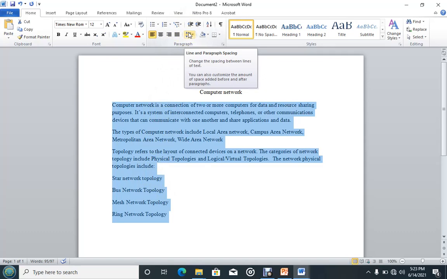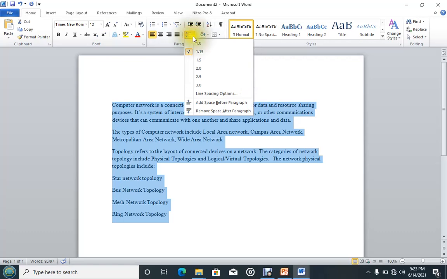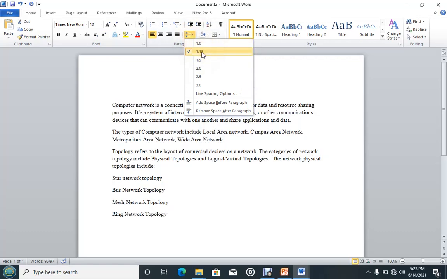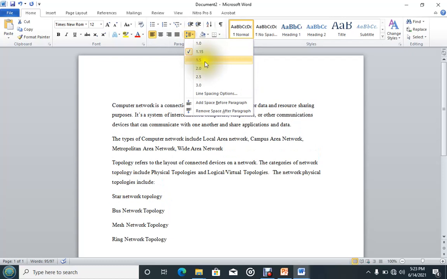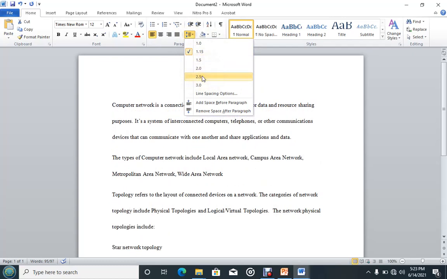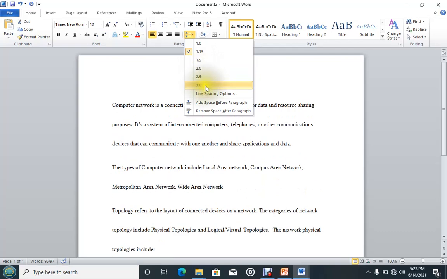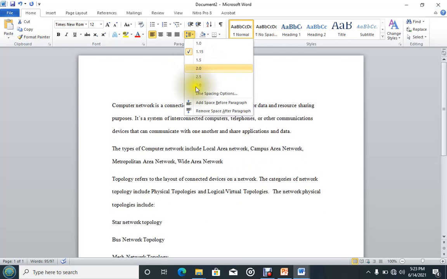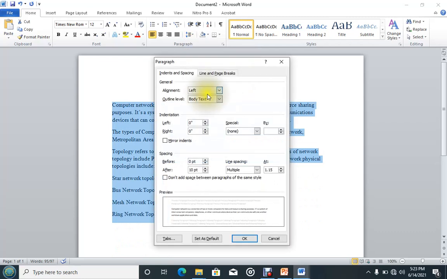It changes the spacing between the lines of text. So what you need to do is click on this arrow next to that. Then you will find the measurements here, like 1, 1.15, 1.5. You can see what is happening to the text as I'm putting them there. 2.5, you can see, 3. Then you also have here line spacing options where you can set.